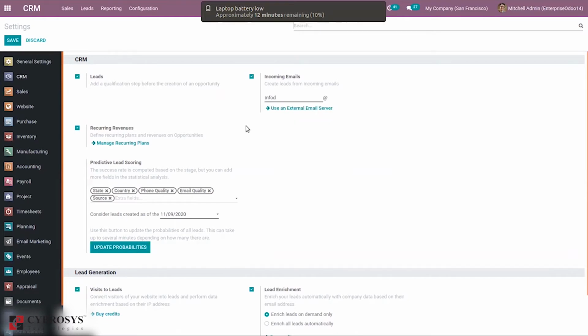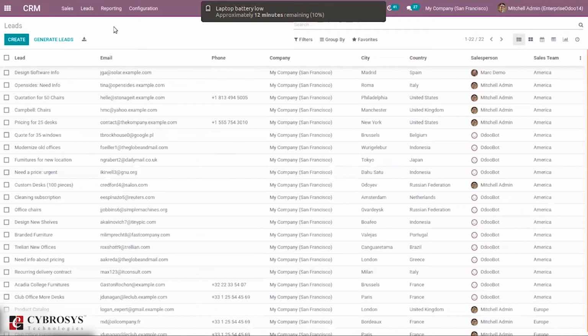Directly we can create an opportunity, but it is also possible to create a lead. After generating leads, we can convert the lead to an opportunity. When you enable it, you can see this menu, and we can create a lead from here by clicking the create button.